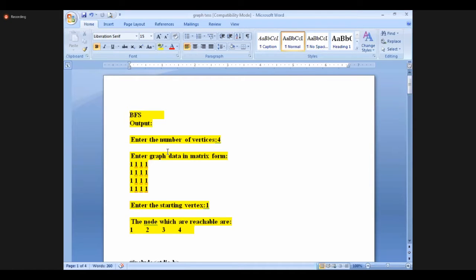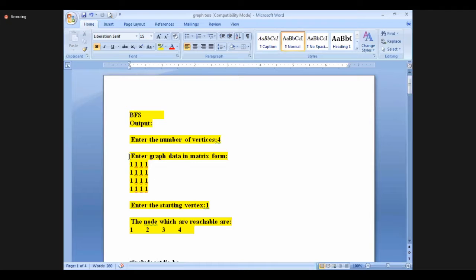And you are asking to enter graph data in matrix form. So the graph data means whether these nodes are connected to each other. If you give all 1s, then from 0, all 4 are connected: 0 to 1, 0 to 2, 0 to 3, 0 to 4. And from 1 also all are connected, from 2 also all are connected.